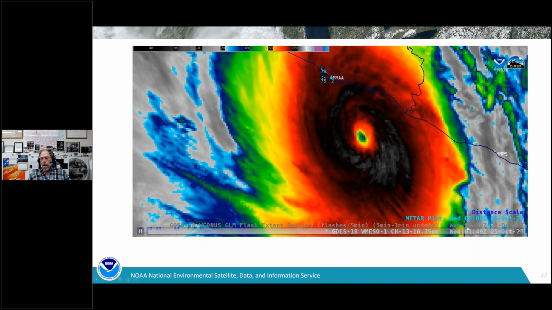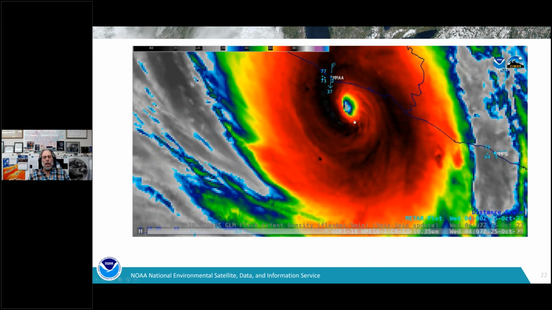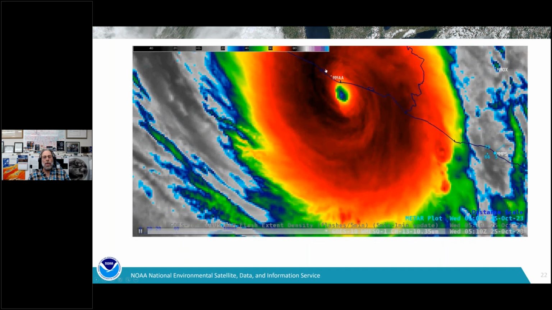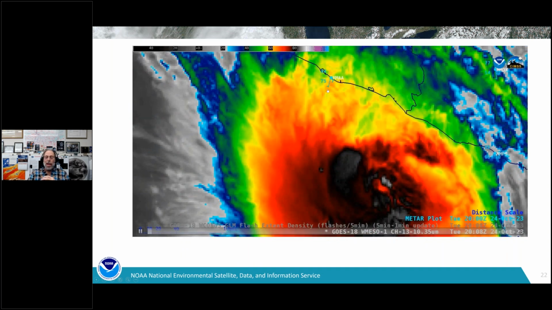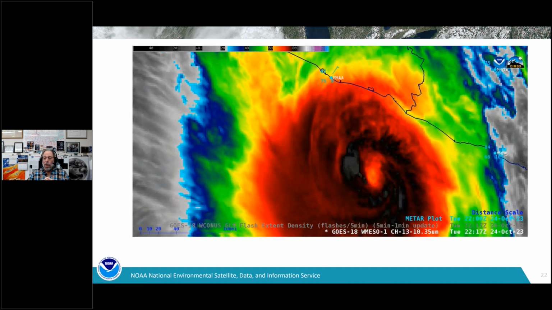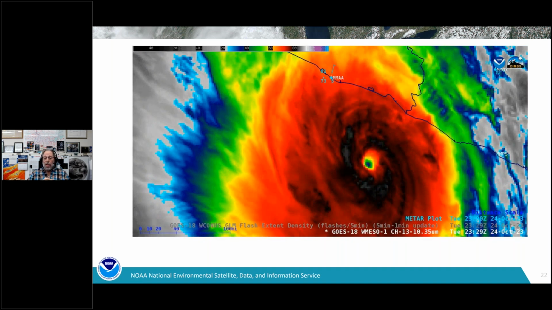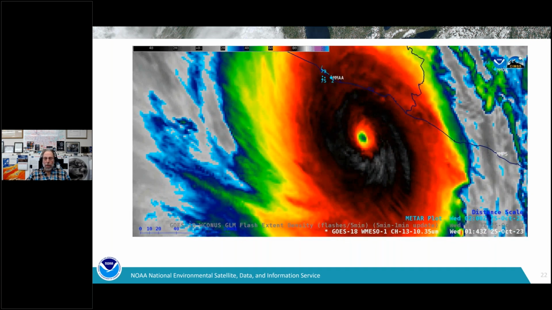Here we're in nighttime, so we're showing the infrared band, and as it's getting close to shore, it falls apart a little bit, but again, it's coming in as a Cat 5. Just very impressive animation in that case, Hurricane Otis.